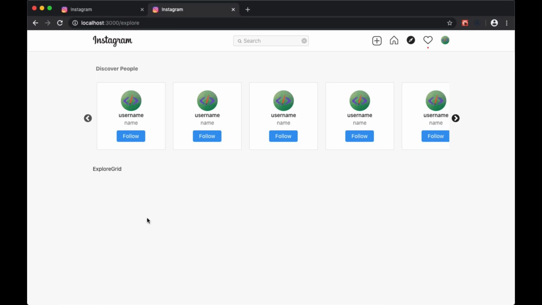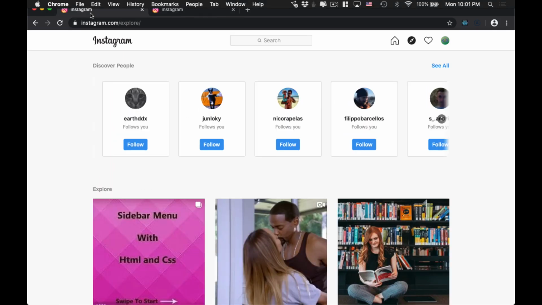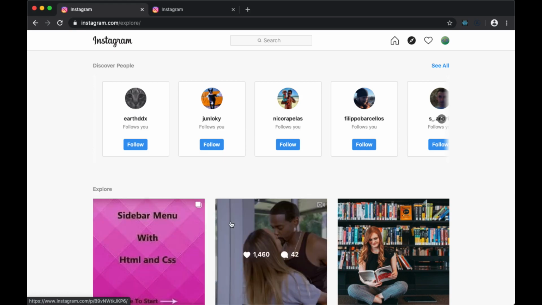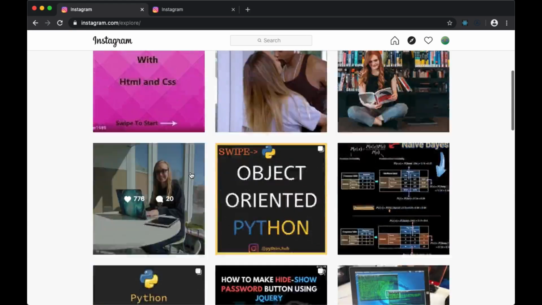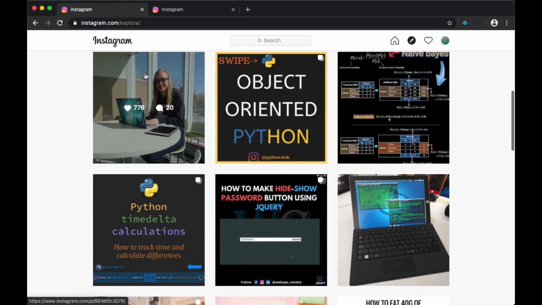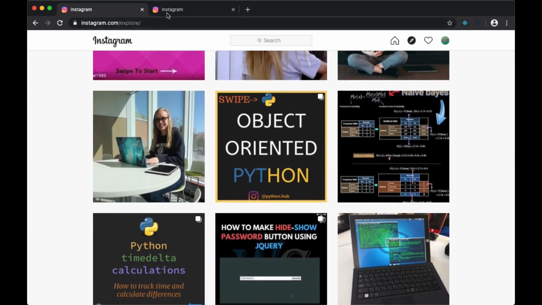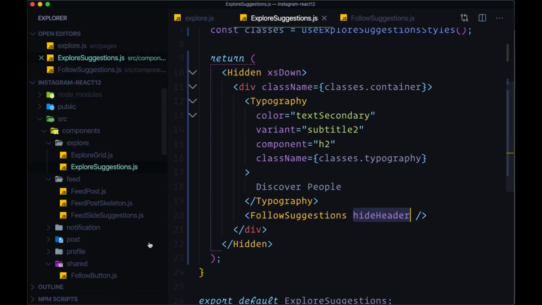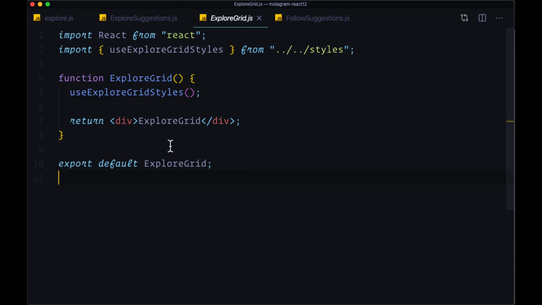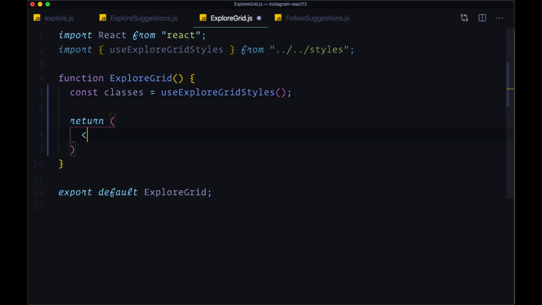And then for Explore Grid, this is going to take just a little bit more work because we need to create all of these individual grid posts within this grid, this Explore Grid area. So let's go into Explore Grid, and we'll grab classes. We're going to begin with a fragment here,